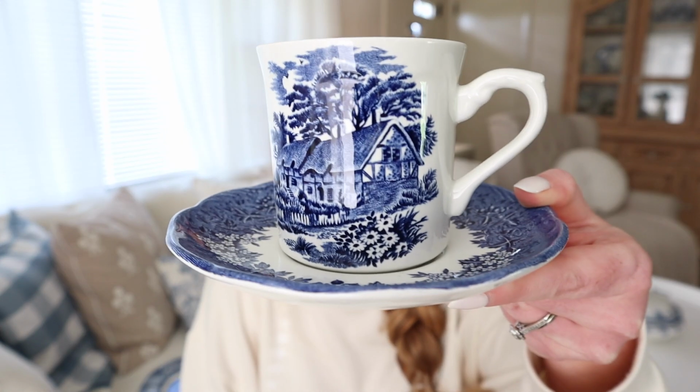But the very last place that we got stuff from was a Peddler's Mall. So we just typed in Peddler's Mall near me, and we just went to the nearest one that was close to where we were at, and this is what all we found. So the first thing is this adorable little teacup and saucer. Again, beautiful, but I had never seen this pattern before, so I was super interested and couldn't wait to see what it was. And it's called Anne Hathaway's Cottage English Ironstone, and I haven't looked this up or anything yet,